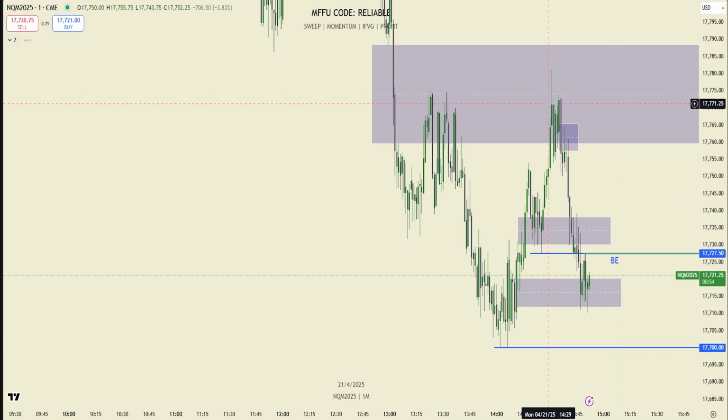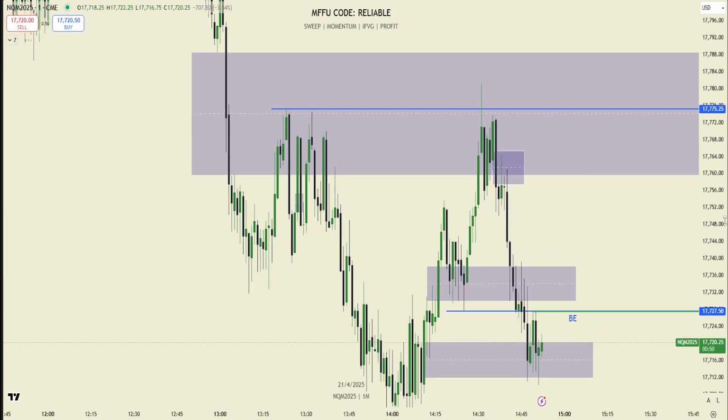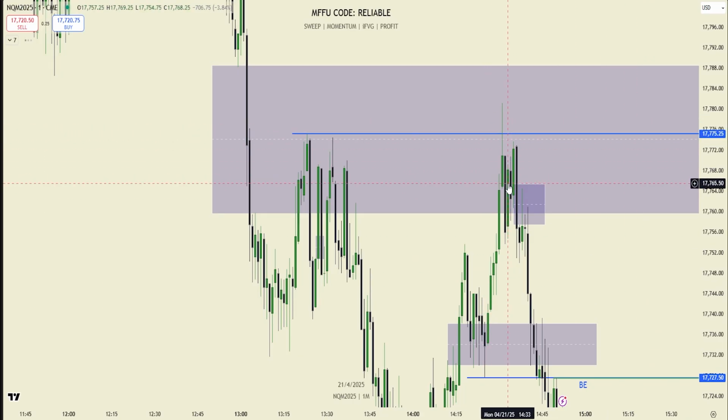Now, if we came up and closed above the high here, then we could start to have a conversation about price coming back to here, getting an IOFED entry, and then a long. That's the whole point of liquidity, right? And if we start to stack high resistance liquidity on both sides, it turns into bad PA. Yeah, exactly.